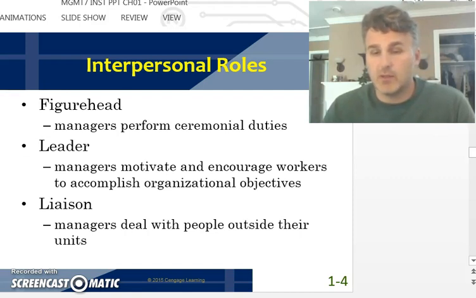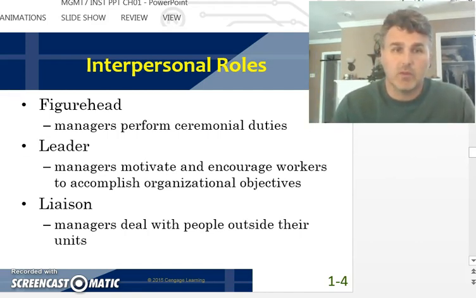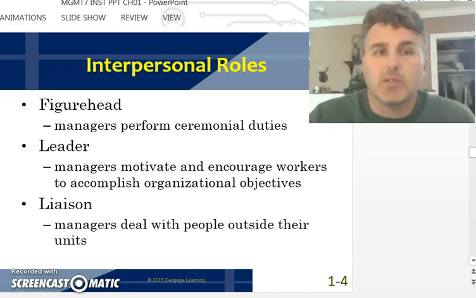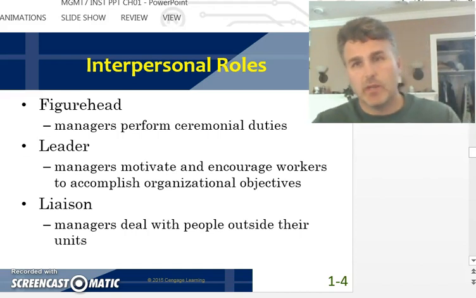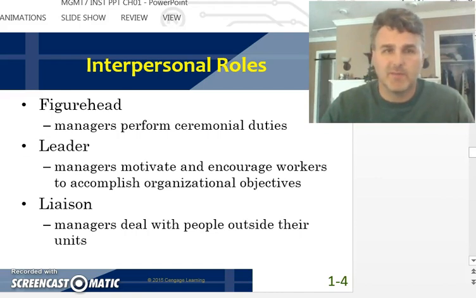And the people you manage look to you as a figurehead, and they hope that they can respect you and count on you to look after their best interests. You have a role as a leader where you need to manage and motivate your employees, encourage them to accomplish whatever goals that you guys decide on. And you also have to deal with other figureheads or other department heads. And sometimes you have to negotiate budgets, making sure that you and you guys get what you need and they get what they need and the company can be successful.